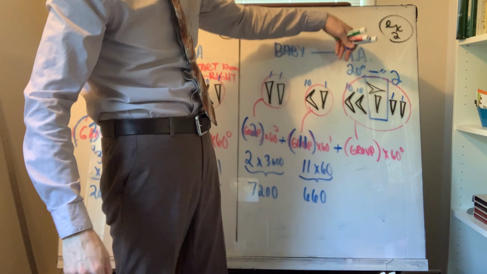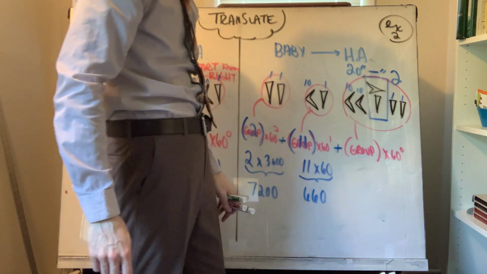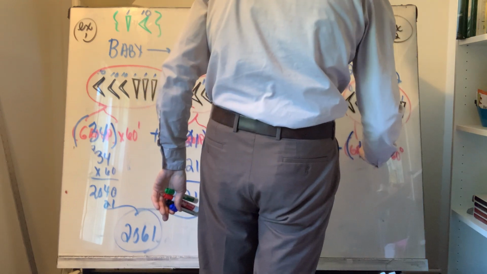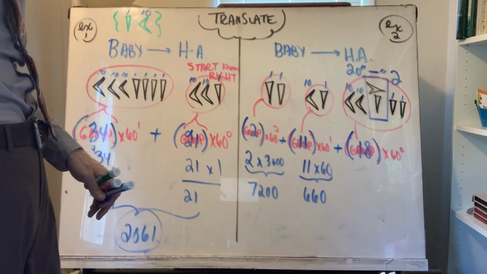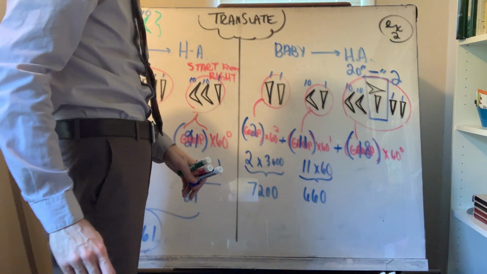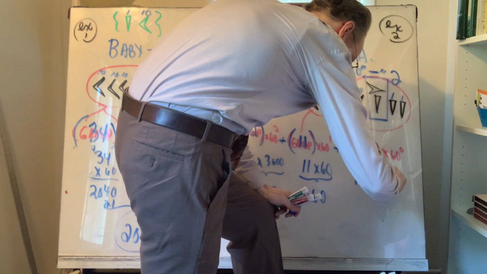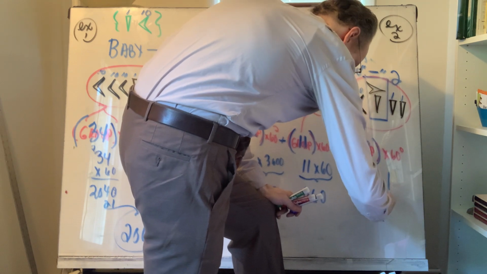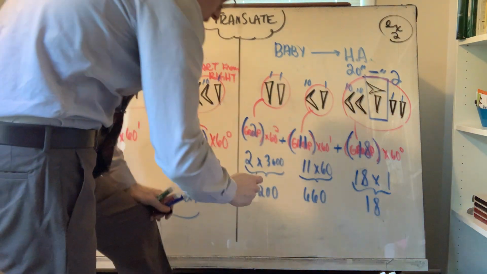So it's really saying from 20 subtract 2, which makes this 18. Since it's 60 to the first, that means that's really 18 times 1, which means that this is 18. And now we will add all of these